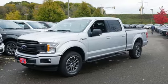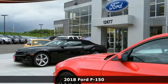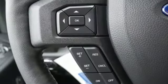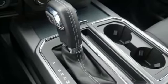Here's a new 2018 Ford F-150. This truck was built to tough it out and tested to make sure it's up to every challenge. And get ready for an impressive combination of features: twin-turbo V6 engine, electronic shift on the fly, automatic transmission, active